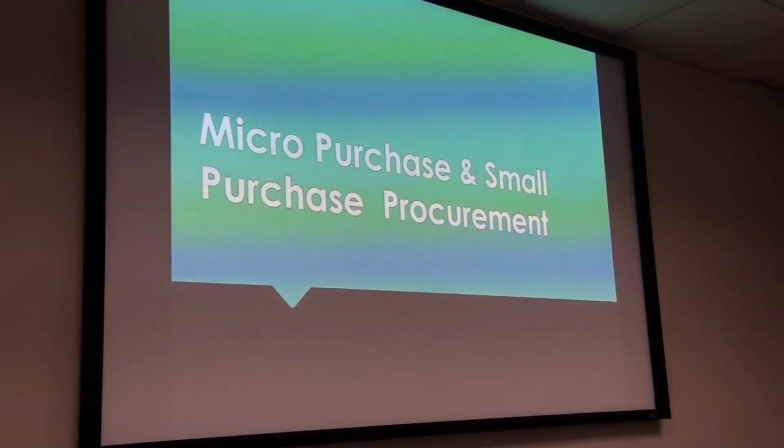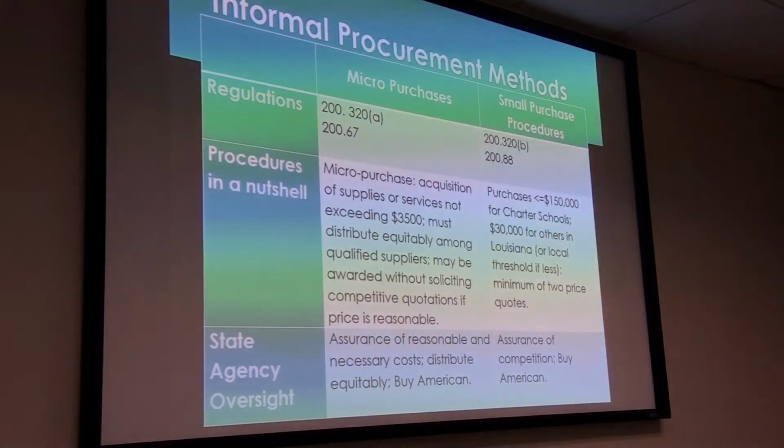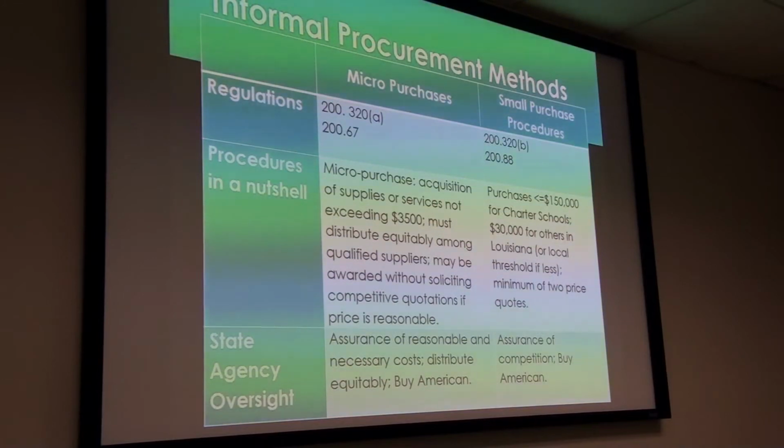When we start talking about informal purchasing, we are talking about micro purchase and small purchase. And this is kind of a variation on the chart that you saw earlier. And we have these regulations cited where if you want to go back and read exactly what is written in the regs, we recommend you use eCFR. That's the most recent Code of Federal Regulations that you can find electronically. And so you can go in and search and find these exact